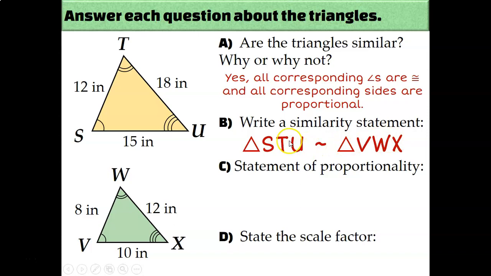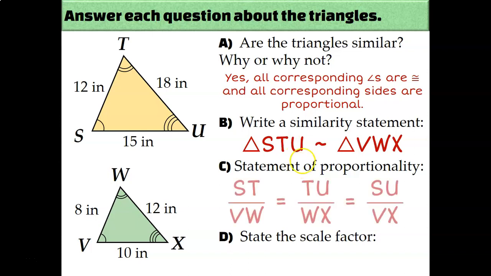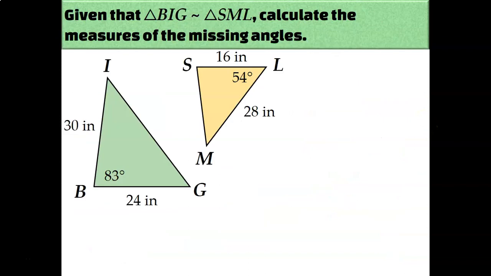This is not the only correct similarity statement. There would actually be 6 correct ways to write these letters. As long as you're writing them in a corresponding order, it's correct. The statement of proportionality we actually wrote on the previous slide, as well as the scale factor, so that completes this problem. Next up, we're going to solve for missing angle measures based on the fact that these two triangles